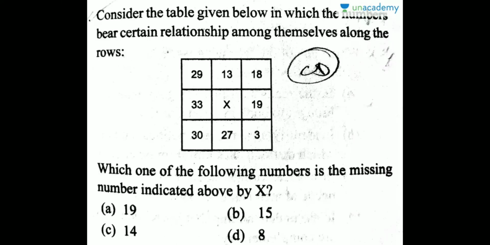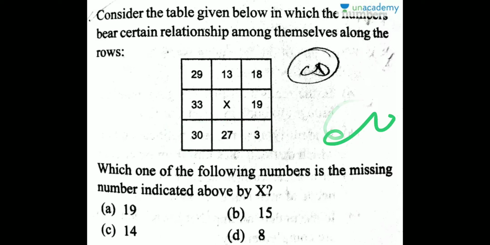Now the next question. Here also you have to find out the number which should be at the place of x. Okay, here a few numbers have been given. So let's see. Here the sum of all these numbers should be equivalent to 60. Okay, here 9 plus 3 is 12, 12 plus 8 is 20. So 0 and carry 2, 2 plus 1, 3, 4, 5, 6. So it comes out to be 60. Same here. Here 27 plus 3, 30, 30 plus 30, 60.